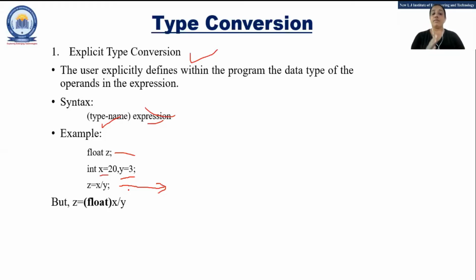That means if a float is taken, always it will print up to 6 decimal places. After the point, 6 digits are supposed to be printed. Now here there will be an integer division. Both are integer. So the answer is only 6. It will not take 6.33 or anything. Answer will be taken as 6. But left side variable Z is float. So when you printf with %f and print Z, it will print what?